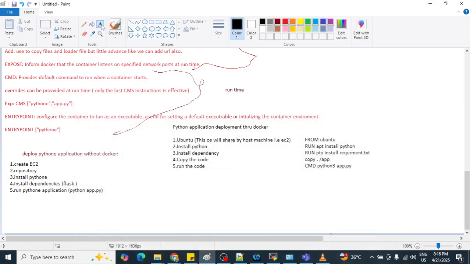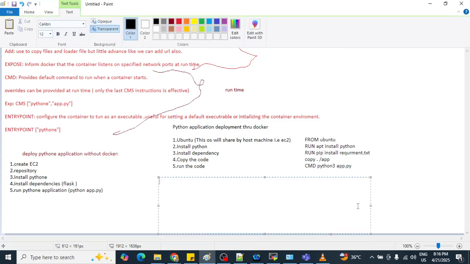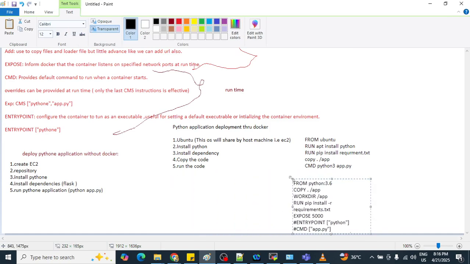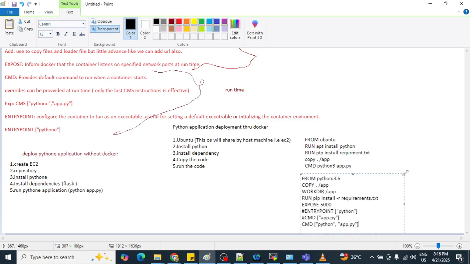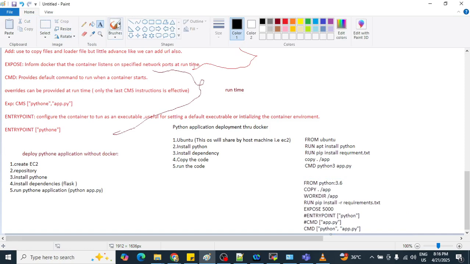Paste it here. Now see the difference here. Tell me what the differences are. Instead of taking an operating system, that is Ubuntu, here we are taking Python 3.6.